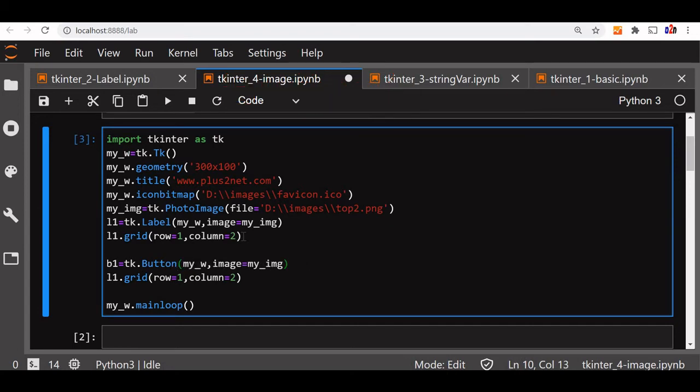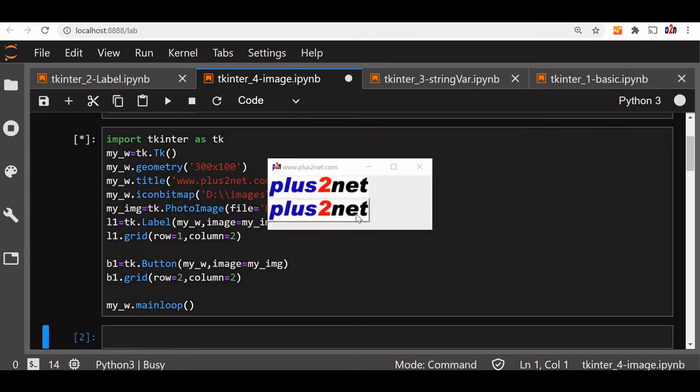Now again here I am giving B1 the variable grid row 2, below the label. Now let's run this. We'll see a button also. Yeah, you can see the button and the image is displayed over it. This way we can attach all the click events and programming to this button with the image.